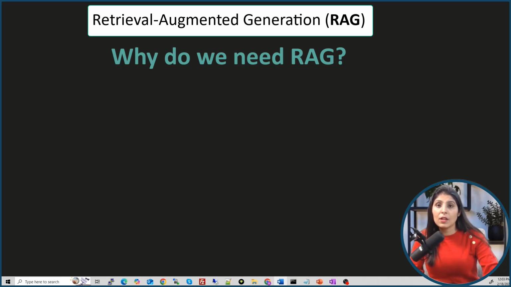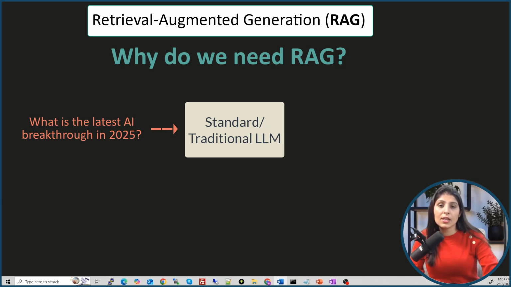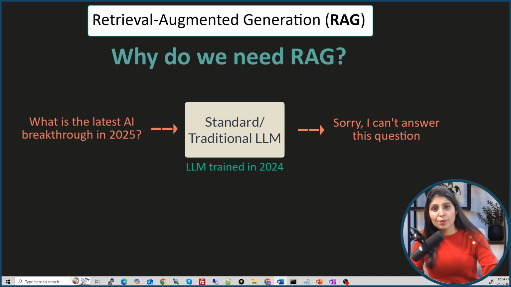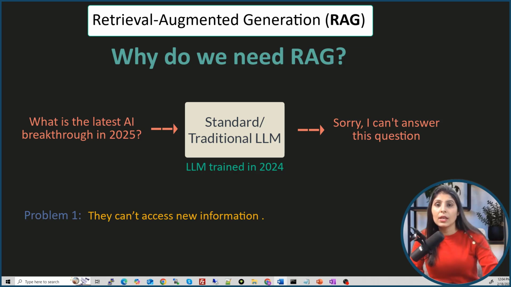For example, if you ask what is the latest AI breakthrough in 2025, the AI model which is trained in 2024 won't know the answer because it hasn't learned anything new. So the first problem with standard LLMs is that they can't access new information. LLMs only know what they were trained on, so they don't have access to latest updates, news or new research.